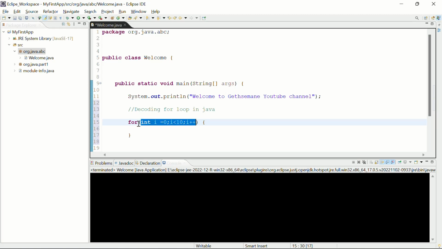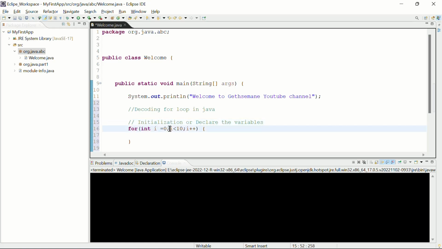So this is the for keyword. This for keyword has three blocking sections: the first, second, and third. The first section is for initialization. We are declaring the variables. The first section, okay. And the second section is for